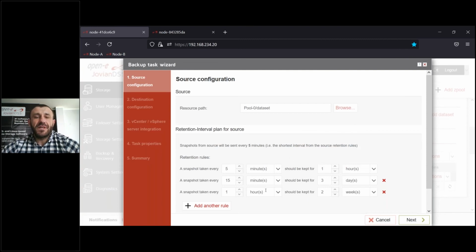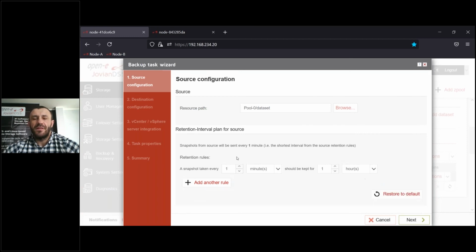We can put here a retention, how that snapshot will be taken every 5 minutes or every 15 minutes or every 1 hour, and how long it should be kept. For our test purposes, of course, we will change it to 1 minute. The other we can leave or delete. It doesn't matter. So a snapshot will be taken every 1 minute,